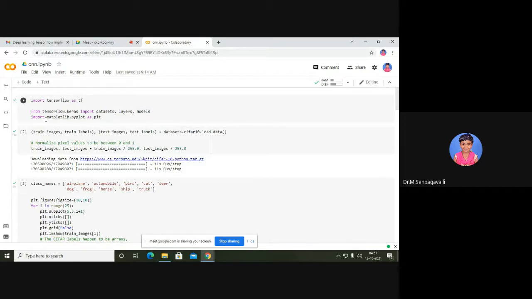Apart from that, this is very important: import matplotlib.pyplot as plt. We are importing this as plt, so instead of the full name you can use plt. First of all, you want to know what the matplotlib library and pyplot are. It is purely a collection of functions that make matplotlib work like MATLAB. With MATLAB we can provide many solutions. You can write code there and provide a solution for any problem. MATLAB supports a variety of applications, and it efficiently handles optimization problems.